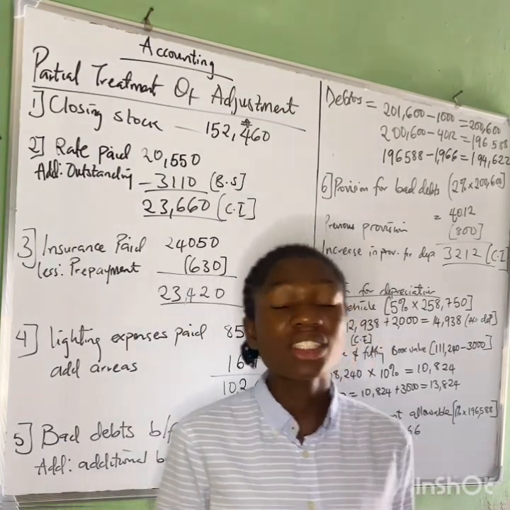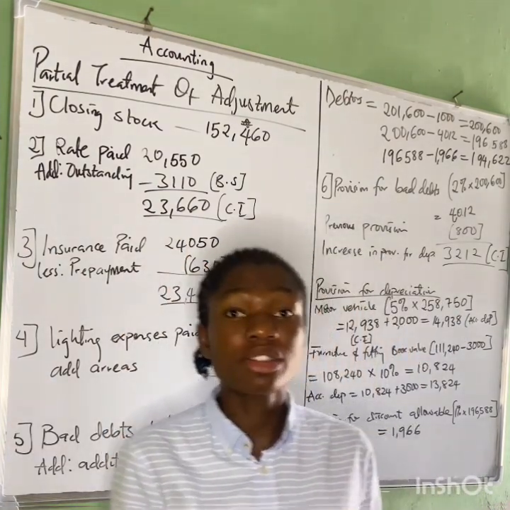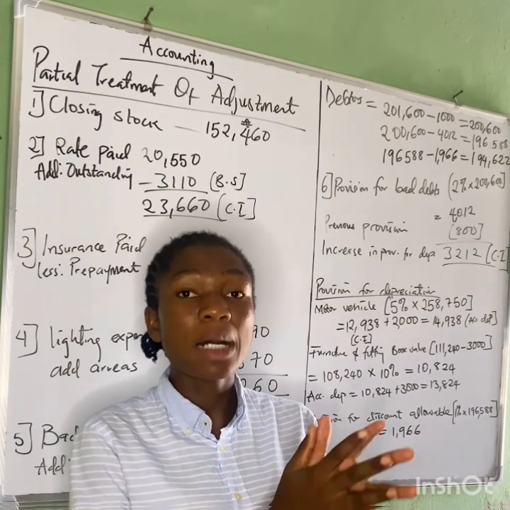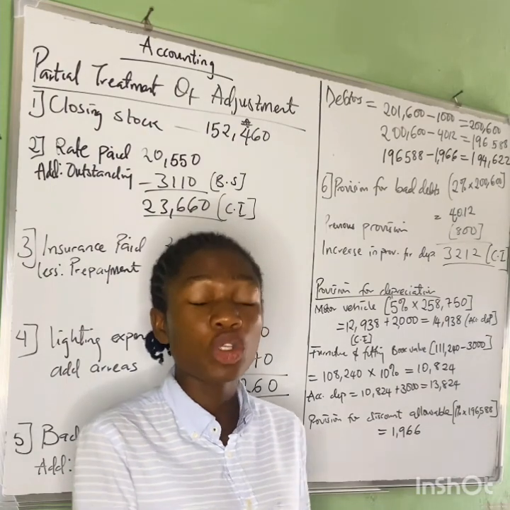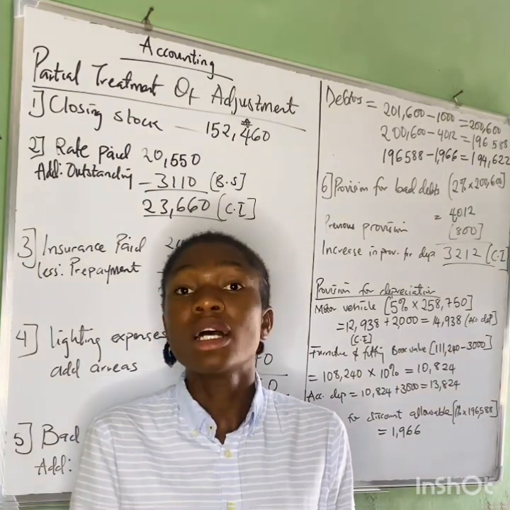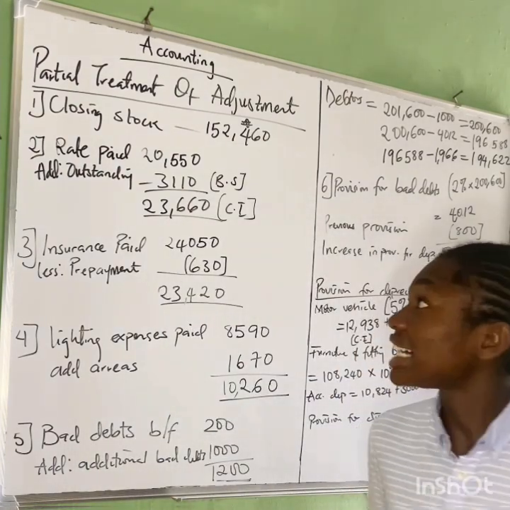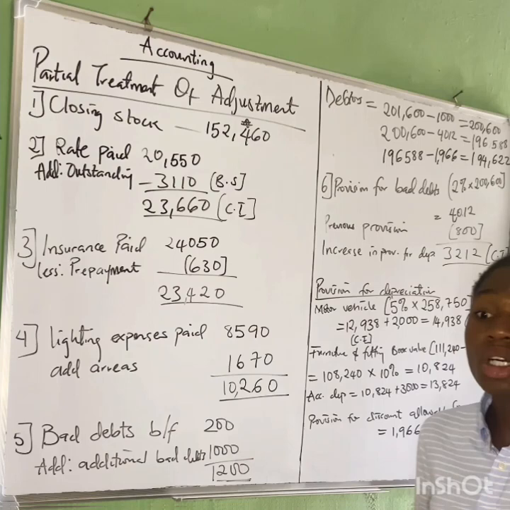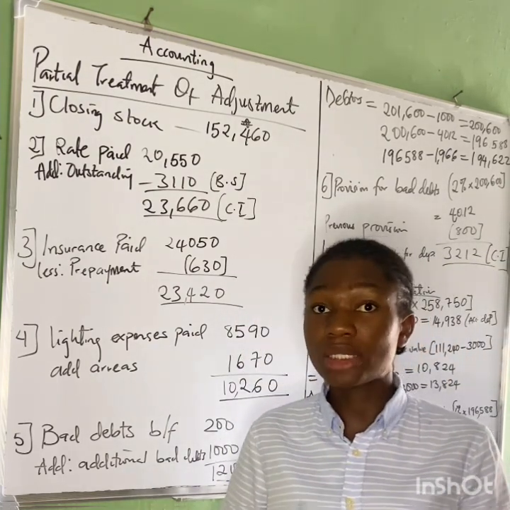We are still on our series on the practical application of adjustment, right? We have looked at the comprehensive income statement in our previous video. We have treated it practically, and we'll be using that same question to solve for the statement of financial position in this video. Now we want to look at our workings again. From our previous video, we have looked at the workings. Now we'll be identifying which items will be going to the balance sheet, which is our statement of